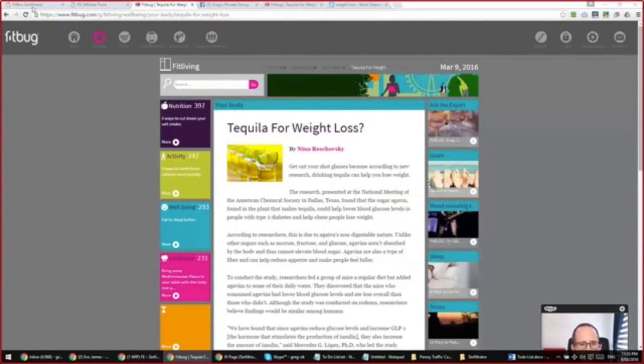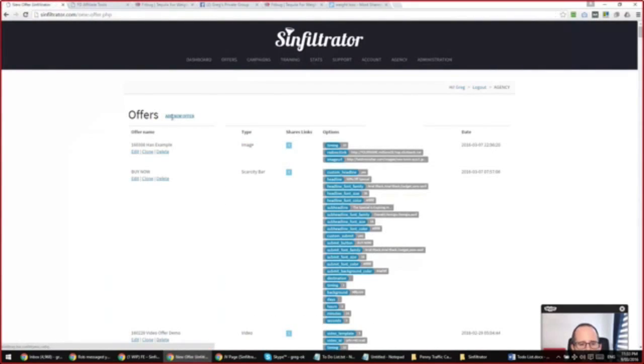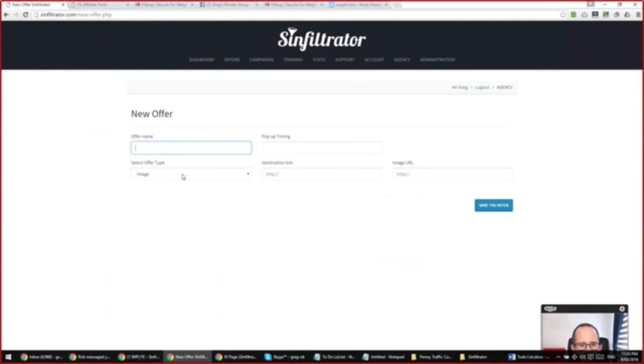And so I need to set up my offer first, and as you can see here, I've got this drop-down box with a number of different options. I've got image, video, iframe, external website, opt-in form, footer bar, scarcity bar, header bar, and all of that stuff is covered inside the training modules. But we'll just go with a very simple one for this demo, which is image, which allows you to overlay any kind of banner or any other image on top of that content. And let me just call it 160309 mic